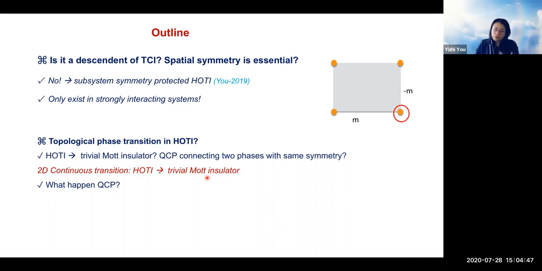And one question we want to answer is, from our previous introduction, it seems that this higher order topological insulator phenomenon is a descendant or extension of the well-known topological crystalline insulator, or say spatial symmetry protected topological insulator, which also supports some gapless mode living at a corner. And the reason is pretty straightforward. If we have a topological insulator which is protected only by some internal symmetry like time reversal, charge U(1) or whatever, then at a boundary, there's a gapless degree of freedom,